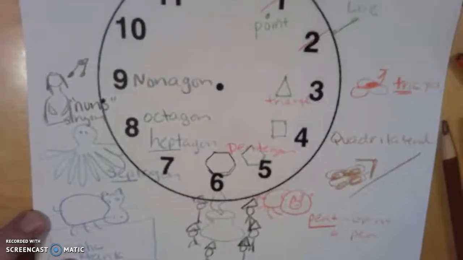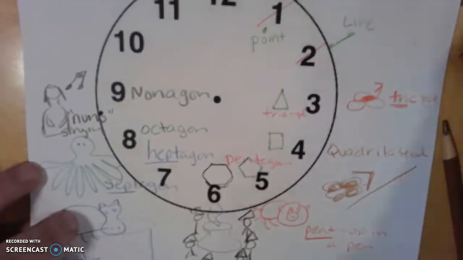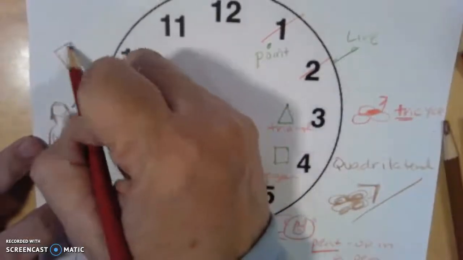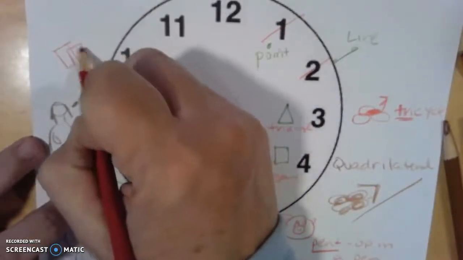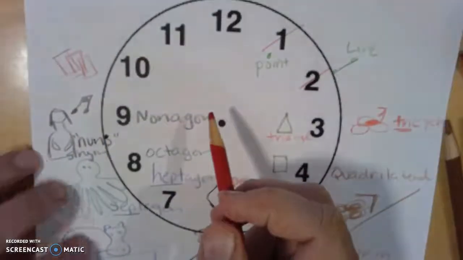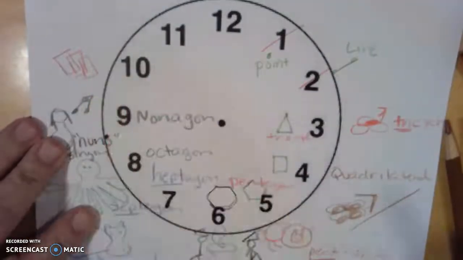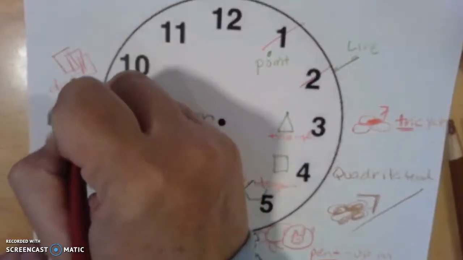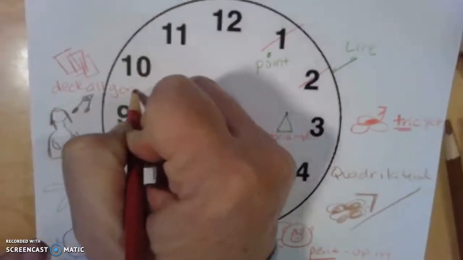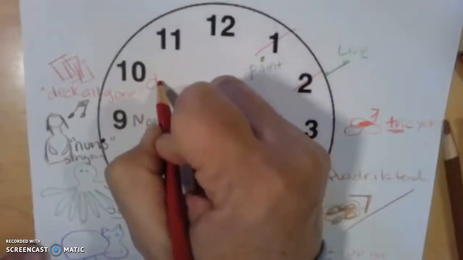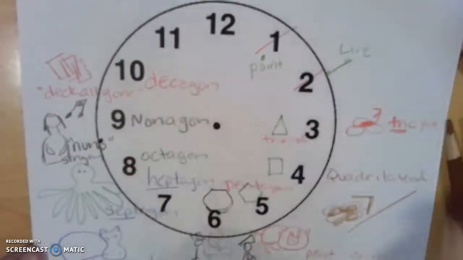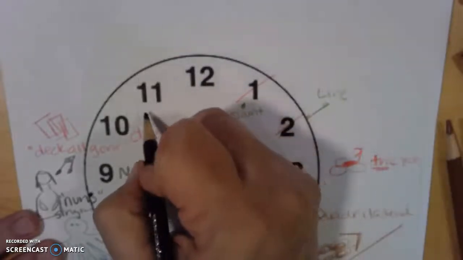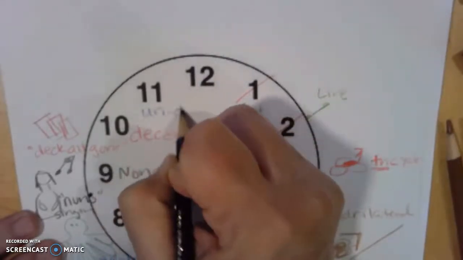Okay, 10. At 10, imagine a magician with a deck of cards. Here's my cards all piled on top of each other. And what does the magician say? Abracadabra, deck all gone. So he makes the deck disappear. Deck all gone, because a 10-sided figure is called a decagon. Decagon. An 11-sided figure is called an